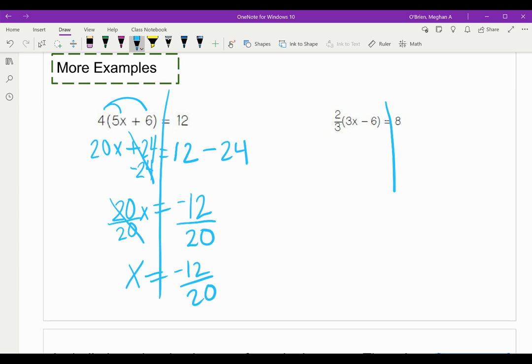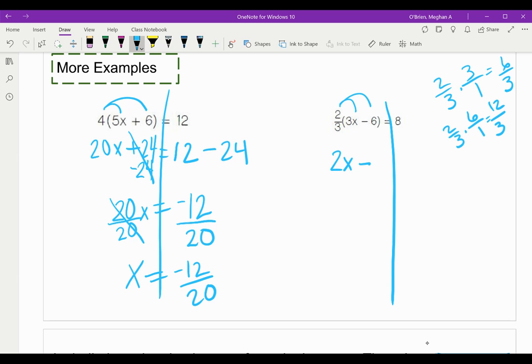And last one. Oh, I love fractions. I bet you do too. Okay, distributive property. 2/3 times 3 x's. That would be 6/3 or 2. So 2x minus 2/3 times 6 is 12/3 or 4. Okay, minus 4 equals 8. Notice I simplified it first, multiplied the 2/3 by everything on the inside, and then now here's my constant,